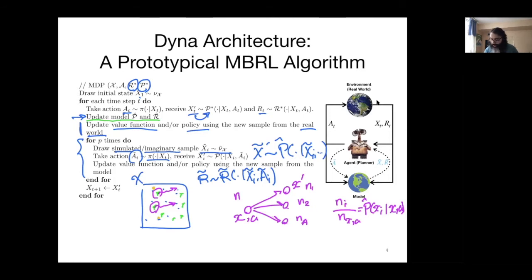So if I go to x prime, that would be my estimate. I can form this estimate, and what we have is that if I visit all states and actions a large number of times, this estimate converges to the true value. It would be a consistent estimator. So what I get from this is that p hat converges to p star,